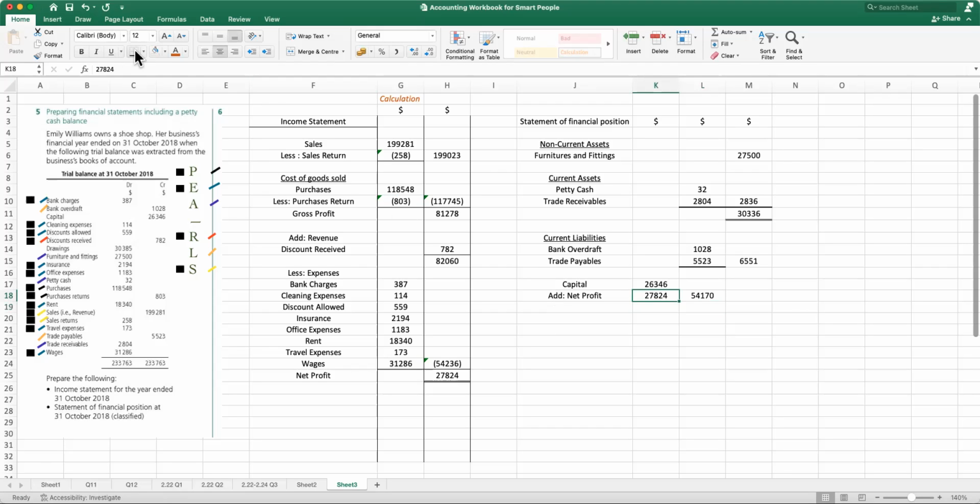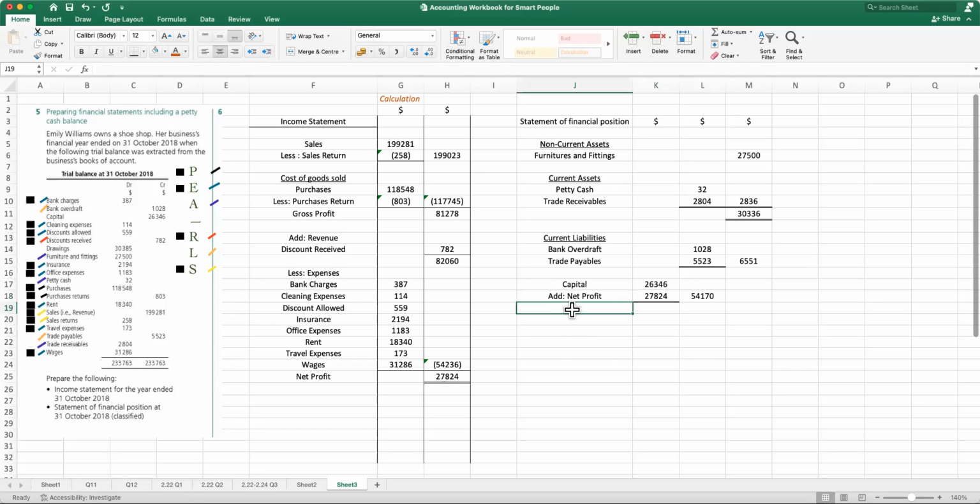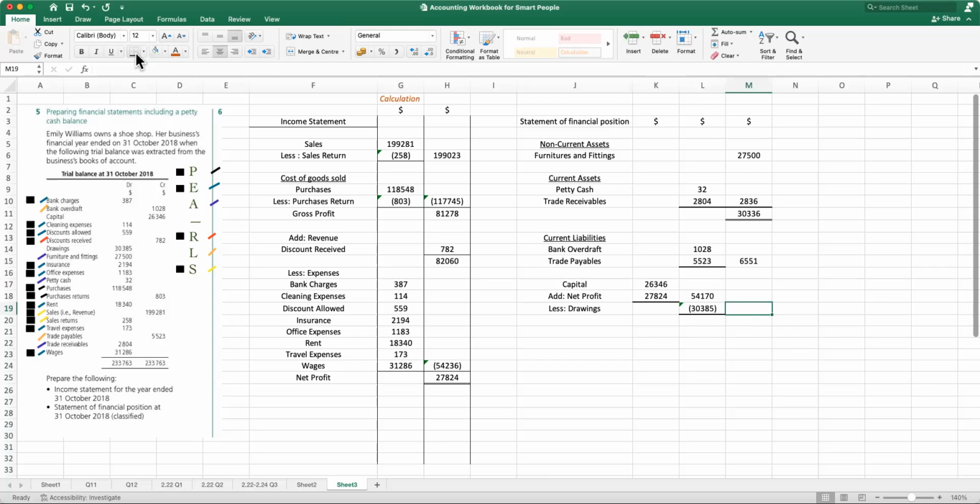So I'll show a calculation, and then I need to calculate again because I need to reduce drawings. I'm going to write here in bracket, drawings will be 30,385. Draw a line so that it goes to the last one. You see? So it's equal to 54170 minus 303. So then we're going to total these two up, and then we're going to get